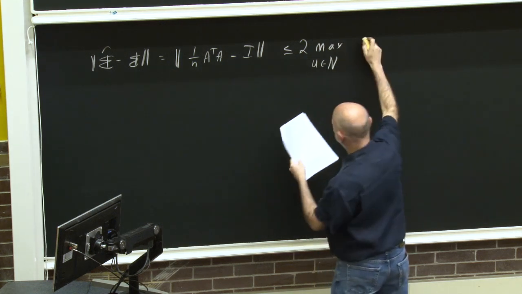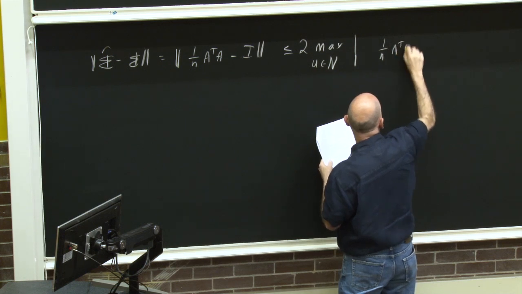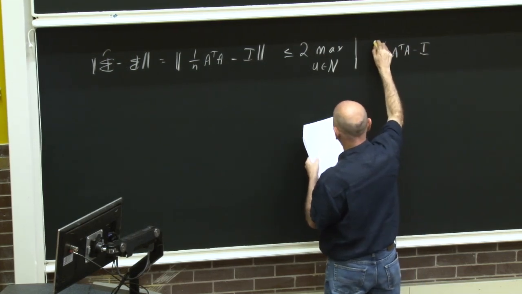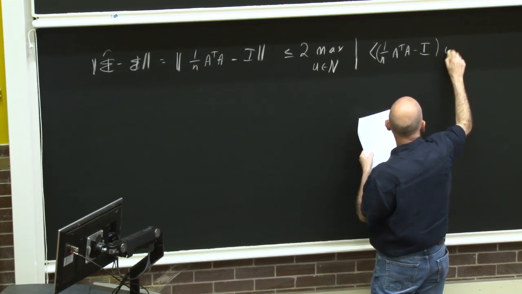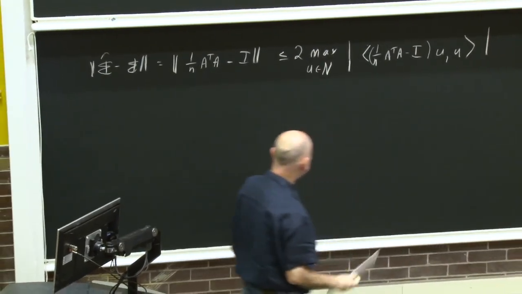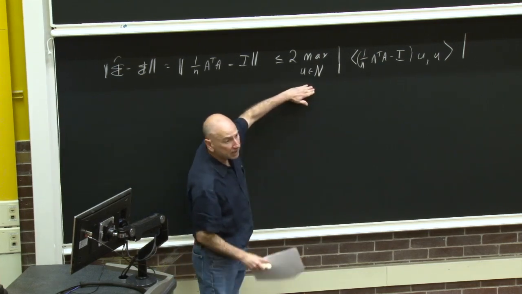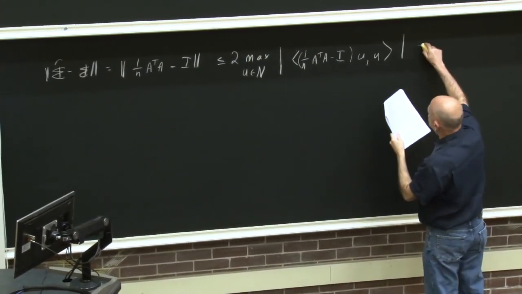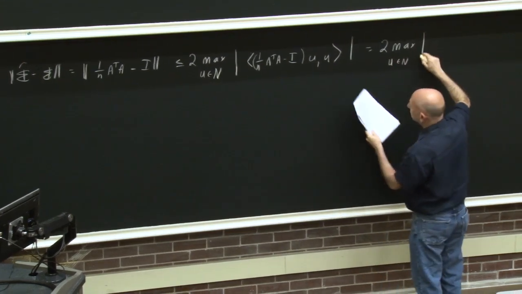And now I'm just going to break this like we did when we did the Johnson-Lindenstrauss kind of thing. I can rewrite this as 1 over n A transpose A minus I. Let's take the inner product of that, times U, inner product U, for U only in this finite set. Or in other words, this is 2 times the maximum for U in the set. I'm just going to rewrite this as